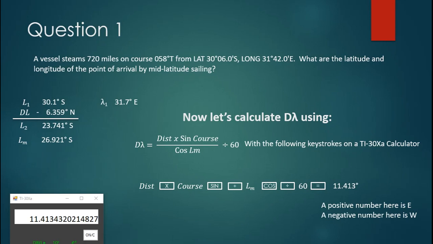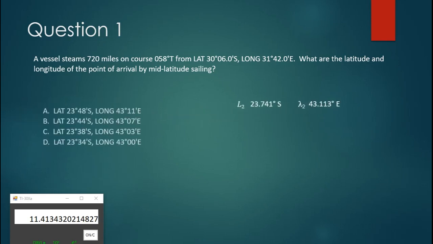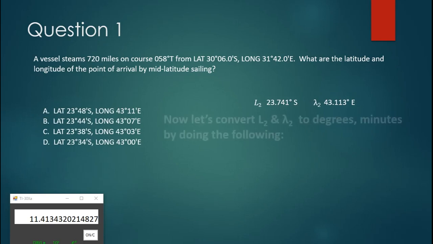And when we apply it to our lambda 1, since lambda 1 is east and our correction is also east, we will add that correction. Which gives us